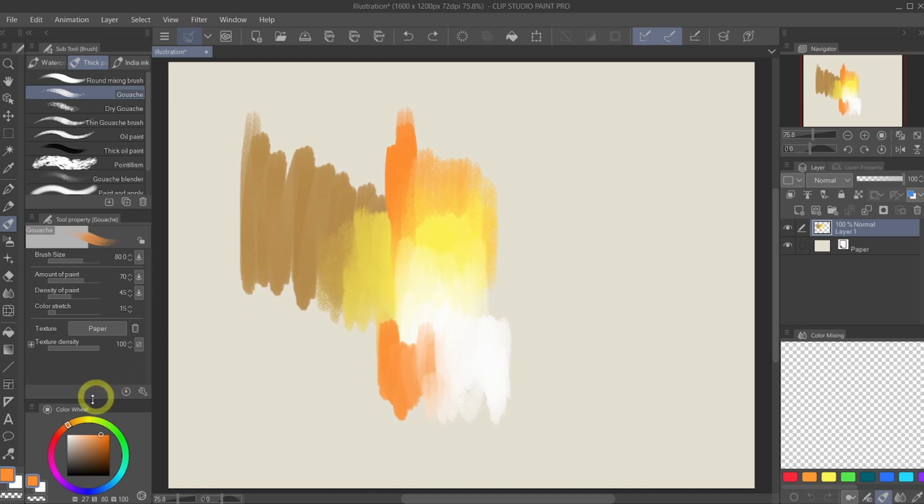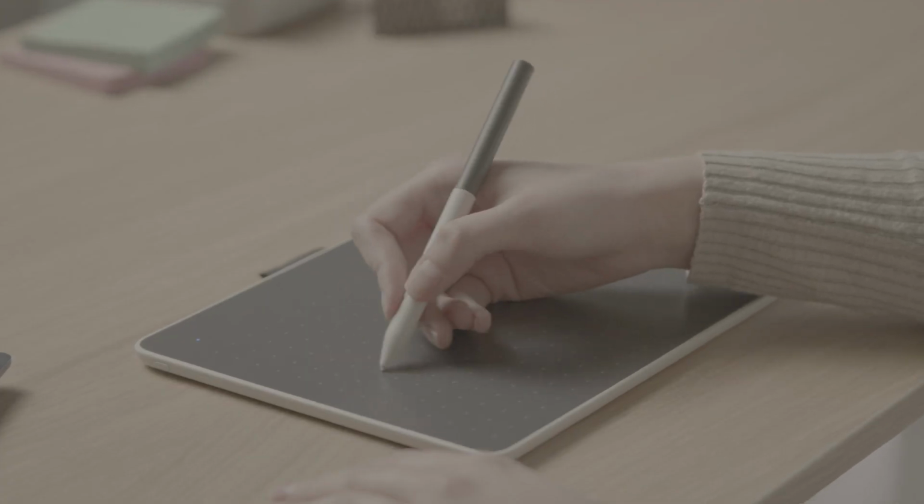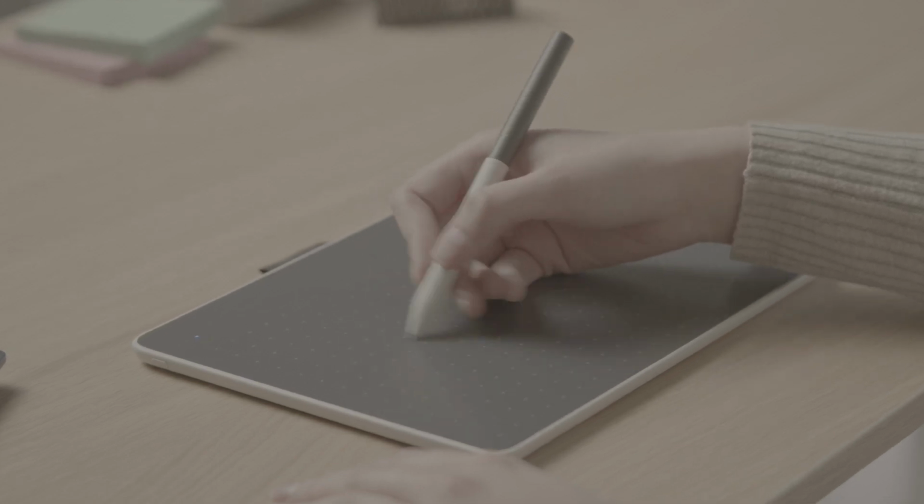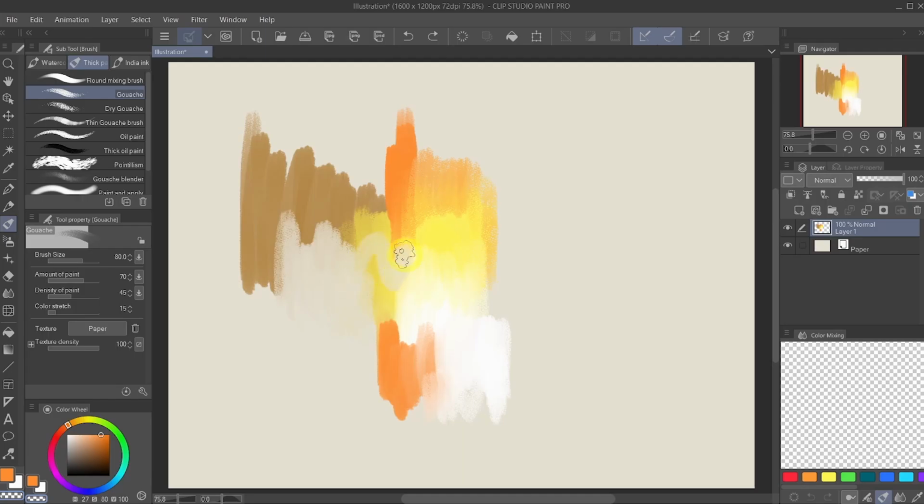There is also a very interesting function inside the color wheel. It's called Paint Transparency. It's on the bottom next to the color swatches. If you click on it, or use C to toggle it, it's going to paint transparency using the same brush attribute that you have. So it's almost like an eraser, but it's your brush.